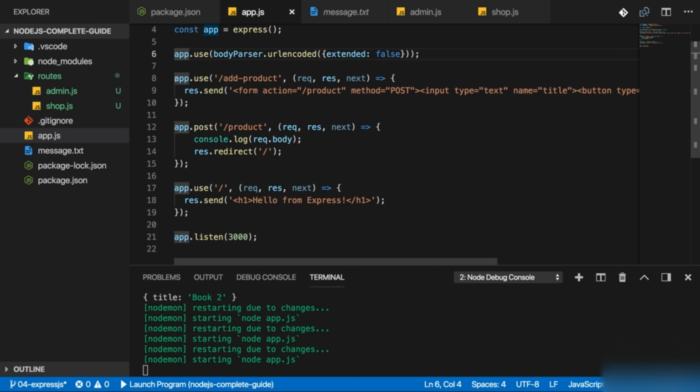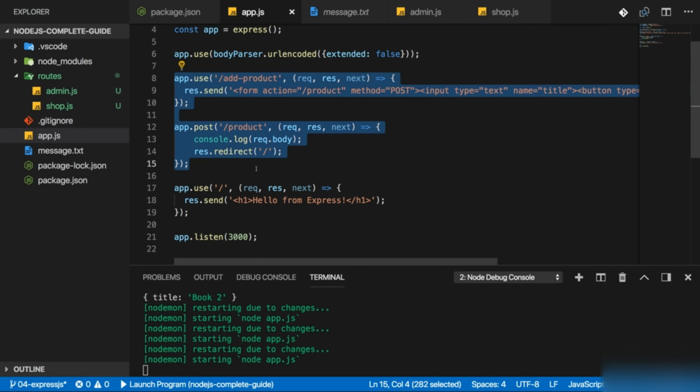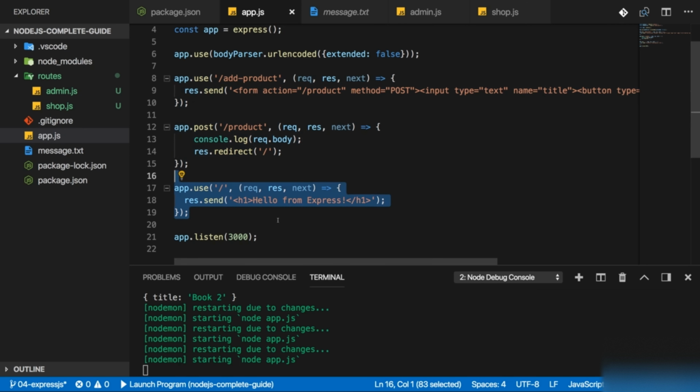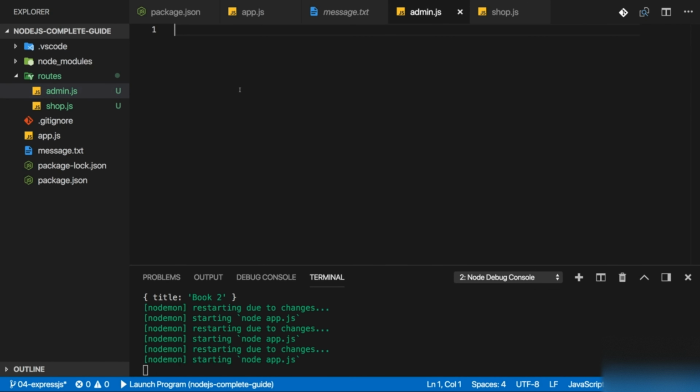The add product route and this product post request should certainly go into our admin.js file because these are routes that are reached by the admin. And the general route here should go into our shop.js file so that users that are visiting our front page see this route. Now, one convenient feature offered by Express.js to achieve this is to go into these files and